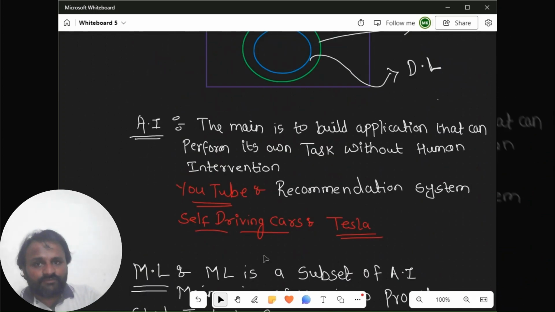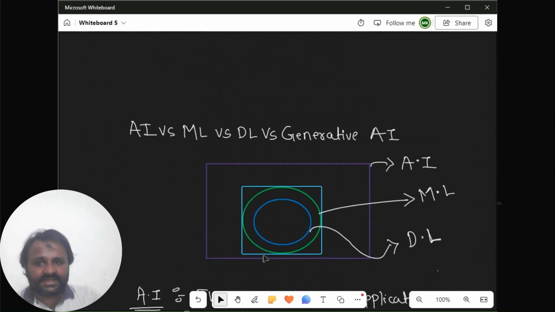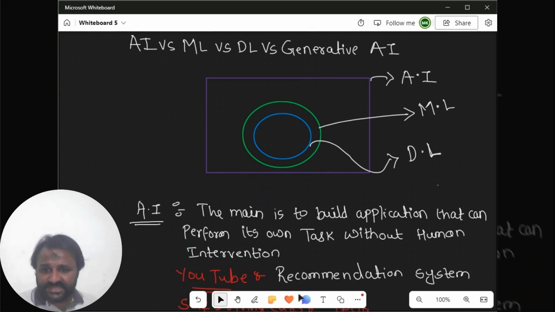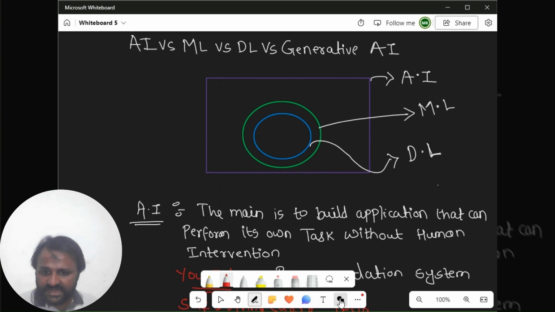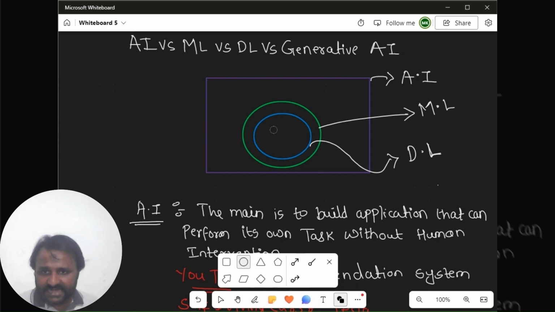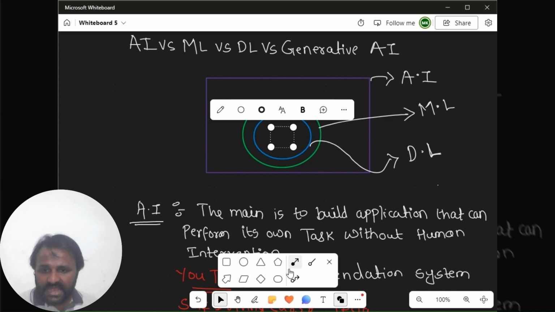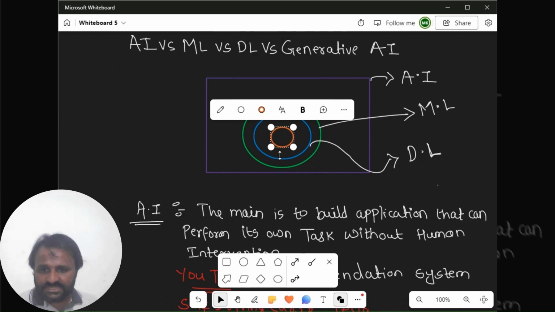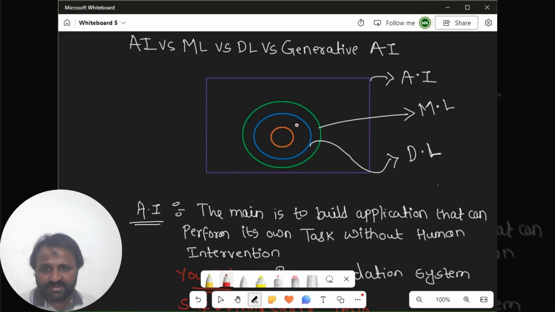In the Venn diagram, I created the superset AI, then ML is a subset, then DL is a subset of ML. Now I'm going to create one more circle here, one of the smallest circles, which I can represent with a different color. This is generative AI, I can write Gen AI. So Gen AI is a subset of